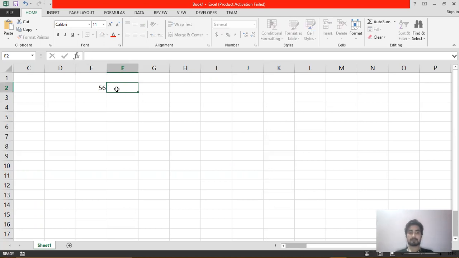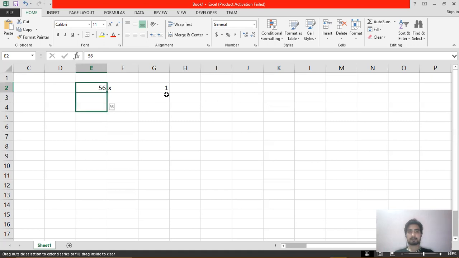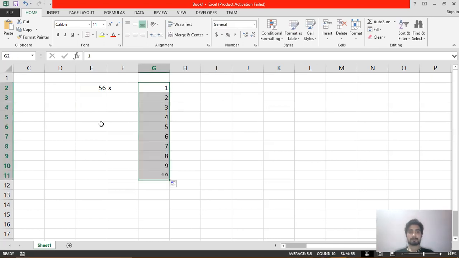So 56 I have written, then into 1. Now I want 56 in all these cells, but before that, let's write the numbers till 10.